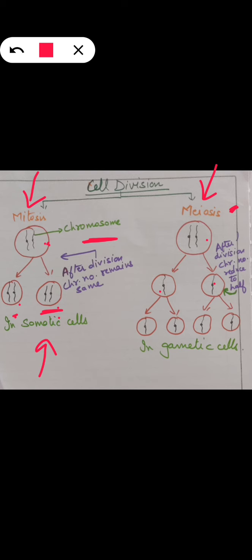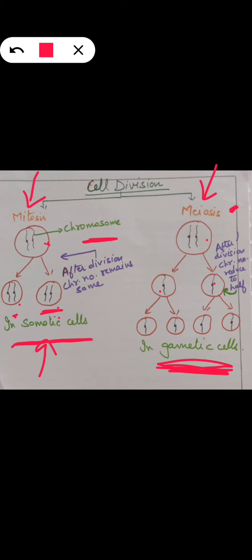Where does mitosis occur? Where does meiosis occur? In the body cells, in our whole body, mitosis takes place. But except one type of cell called gametic cells. Gametes, egg and sperm. These are the cells which contain half the number of chromosomes. Clear? There is a logic behind that. So in the live class, we will be taking the details or extra logic. What is the logic mainly behind that?